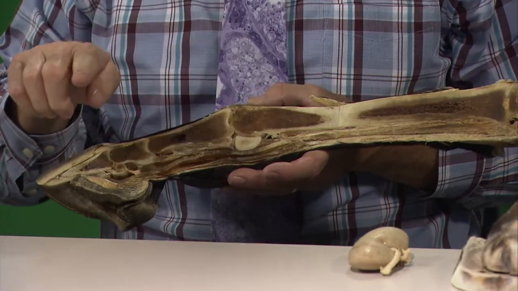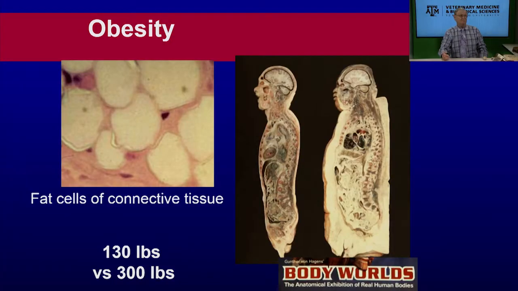So in order to prevent it, the muscles will contract, but it only goes back so far. It's the ligaments that are holding that to prevent it from occurring. When it goes back too far, like when you're playing football or something, then that's when you tear your ligaments. Now also fat is connective tissue, and here we see an individual that's 130 pounds and one is